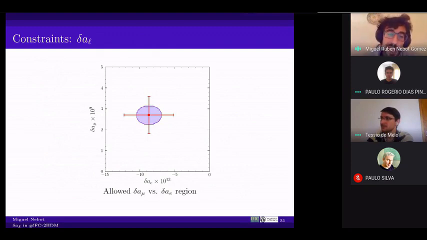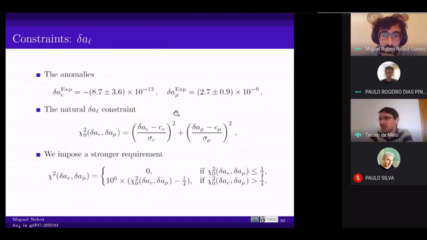So if I crunch my numbers with this naive chi-squared, I would be mixing in the allowed region that I plot, if I plot them by going up to 3 sigma, for example, regions in my parameter space in which I'm reproducing both anomalies quite well, but also places in which I am really just reproducing one of them, and the other rather poorly. So the question is, how do you enforce that you reproduce the electron anomaly with this type of expression?